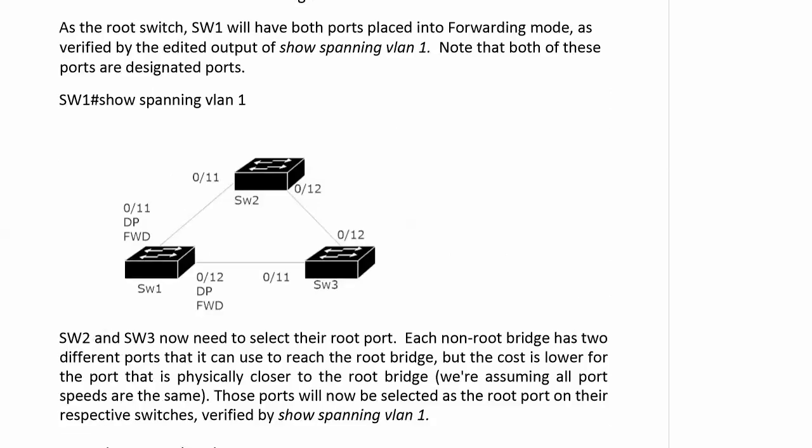Switch 2 and switch 3 need to select their root port. Each non-root bridge has two different ports that it can use to reach the root. But the cost is lower for the port that is physically closer to the root bridge. That is not always the case, but we are assuming here all port speeds are the same, and they are because they're all Fast Ethernet ports. Now, these ports will be selected as the root port on their respective switches, again verified by show spanning VLAN